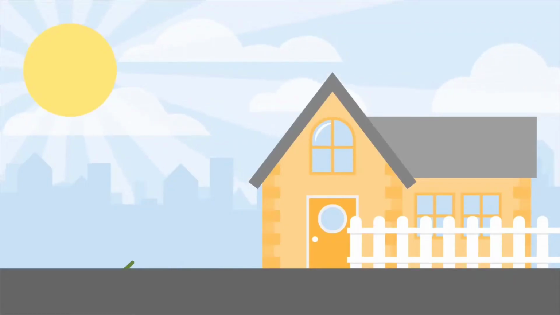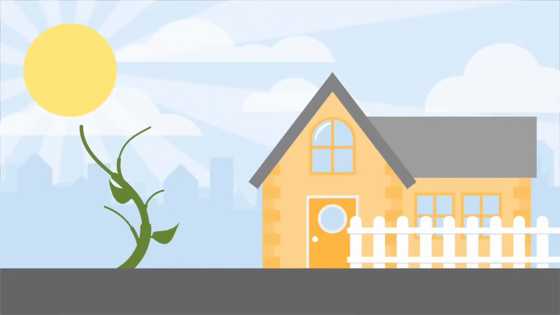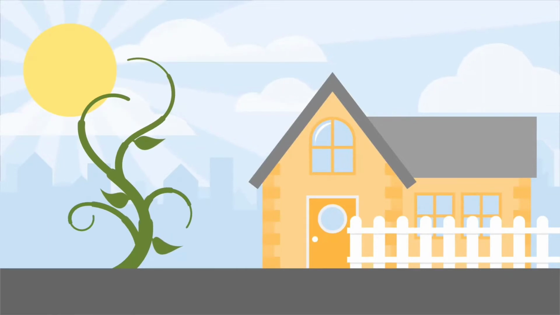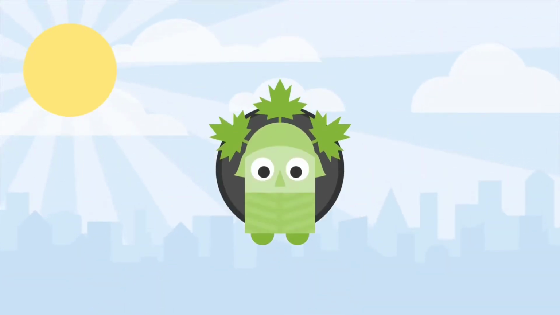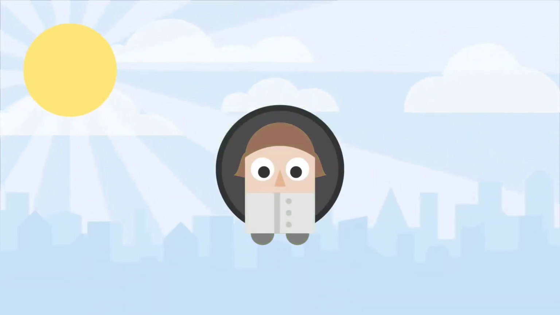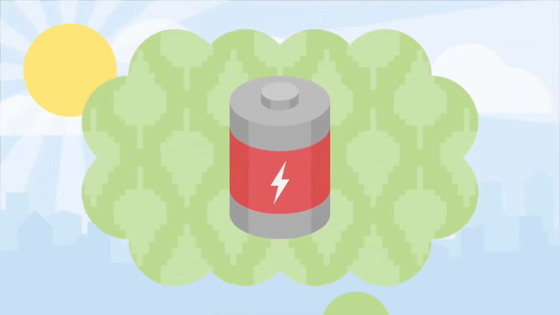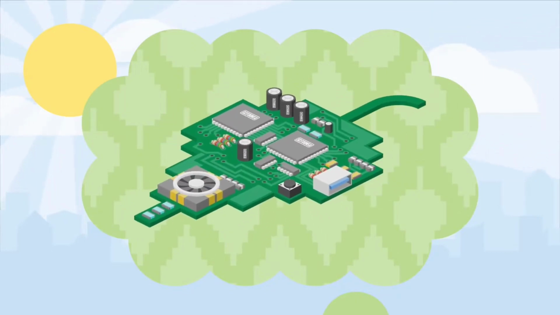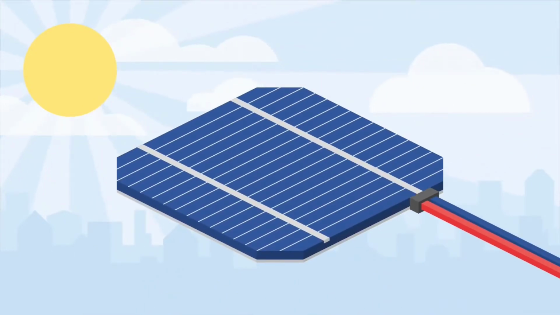You probably know that plants get their energy from the sun through their leaves in a process called photosynthesis. We humans don't have our own leaves, but maybe we can get energy from the sun in a different way, electrical energy that is. Could there be some kind of electrical leaf? The solar cell gathers light from the sun and generates electricity just as a leaf generates food for a plant. Let's find out how.